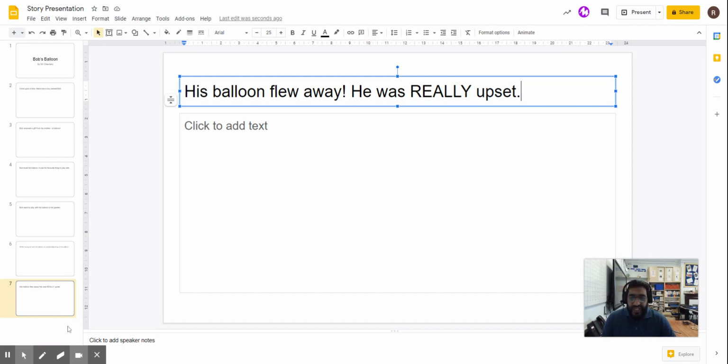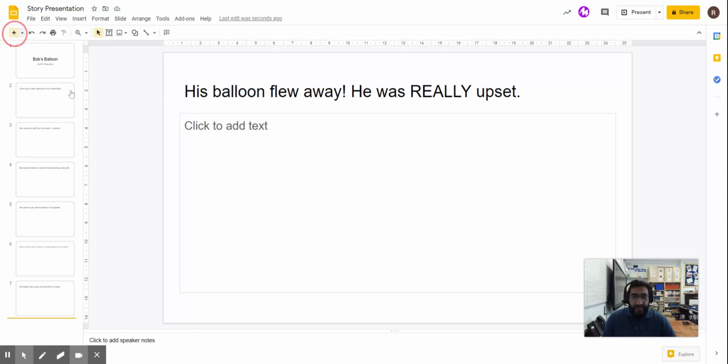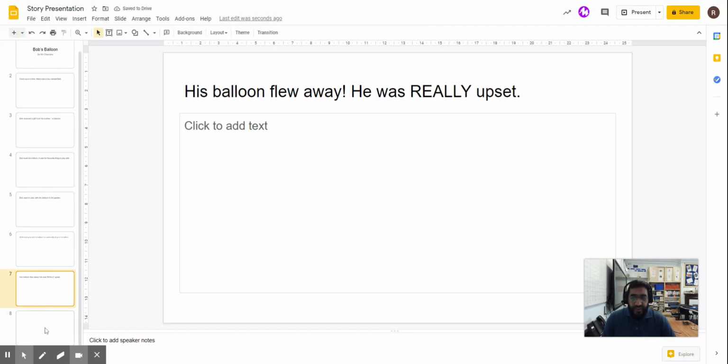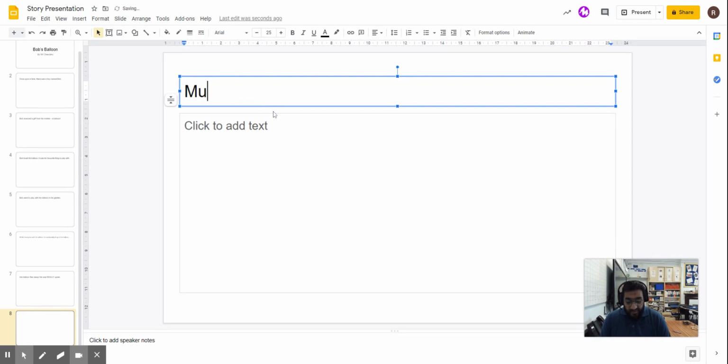He was really upset. What do you think Mum said to him? Mum said, now I'm going to use speech marks for this. So I'm going to use the shift button, which is an arrow pointing upwards. The shift button and the 2. If you can see on your keyboard, you will have different characters on top of the numbers, and on top of the 2 is a speech mark. Okay? Mum said,